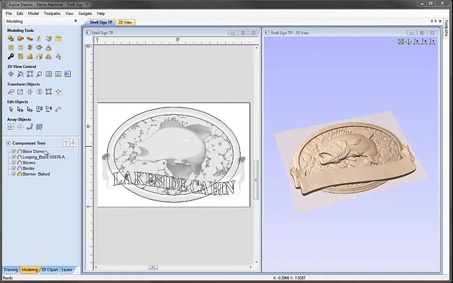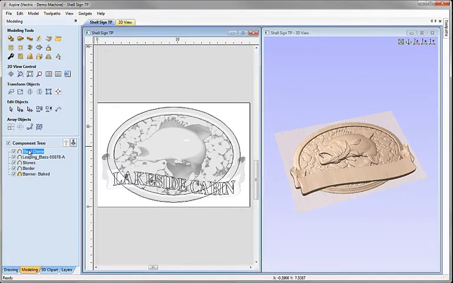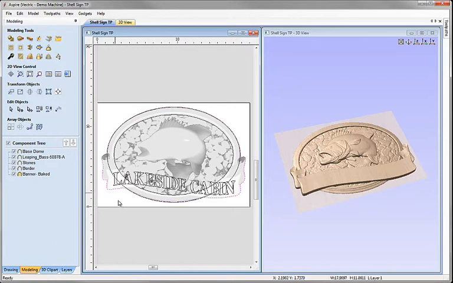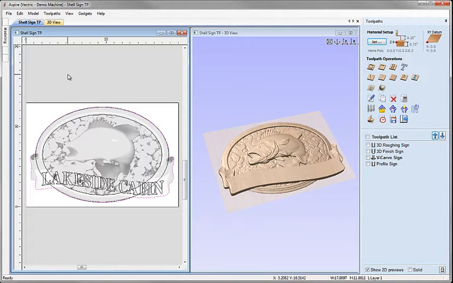So I'm going to select all my components and click on the top one, shift and click to select the bottom one. I'm going to click on the icon here to create vector boundary from selected components. That will take all the components we've got selected and create a new silhouette vector around the outside of our design. Now with that selected, I'm going to click on the icon here to switch to the Toolpaths tab, and